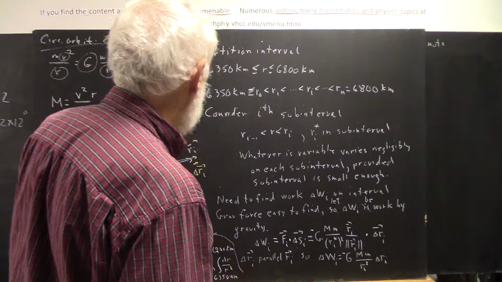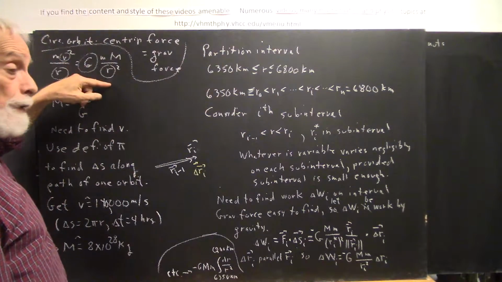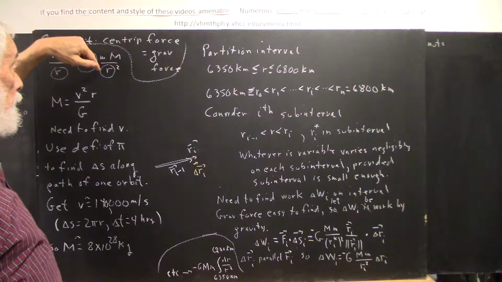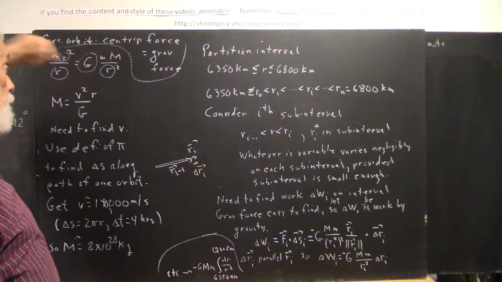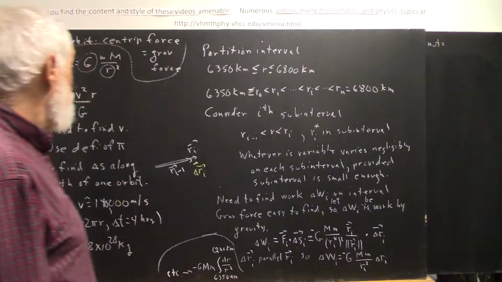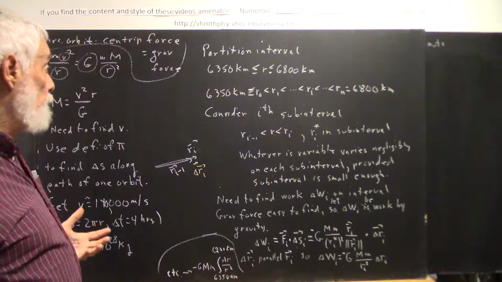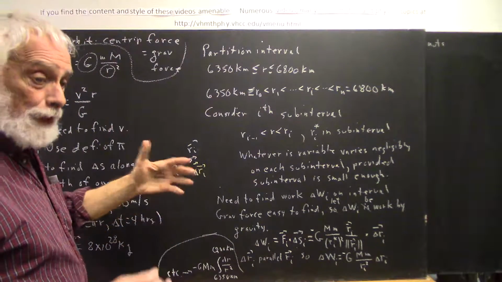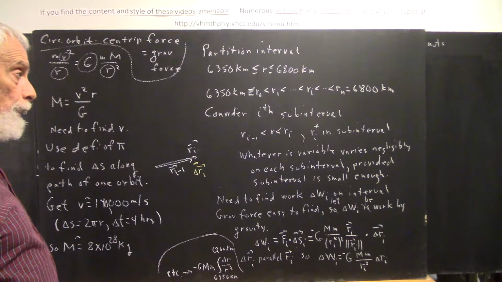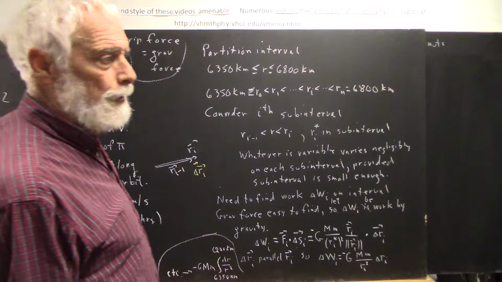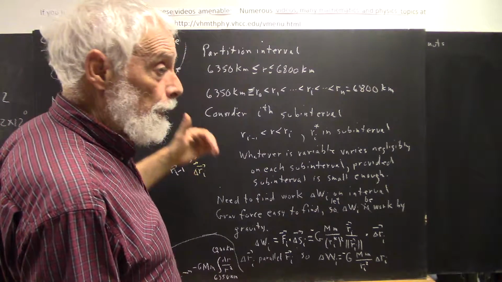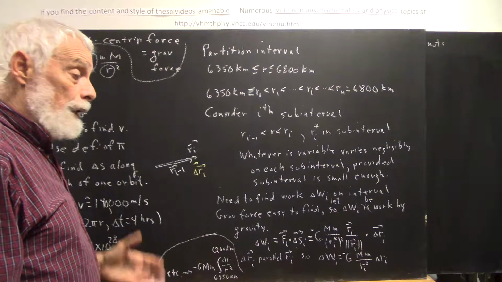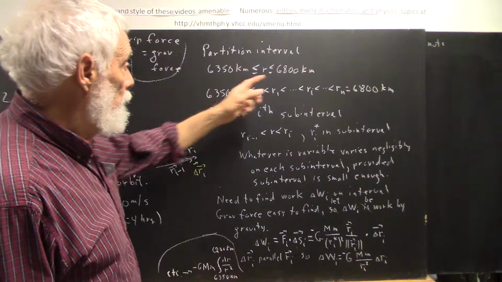The gravitational force on any mass that you want to raise, according to this law, is going to depend on the mass of the Earth, the mass of the thing you're raising, and the distance from the center of the Earth. And the distance from the center of the Earth is changing. So we can't just use one value for the force exerted by gravity. Now if we want to find the work, we've got to know what force to use. And we don't know what the average force is. We've got a simple way of calculating it, but we want to follow the usual standard procedure that we need to learn and set up an integral